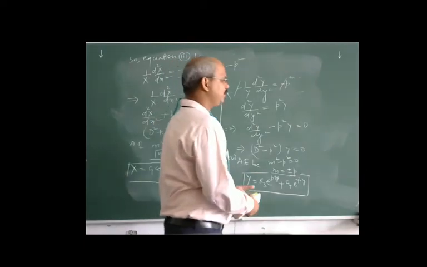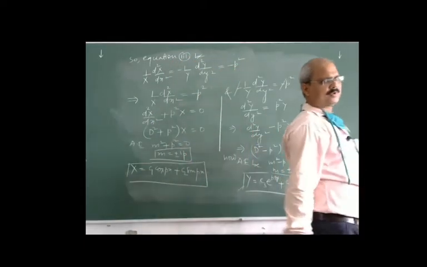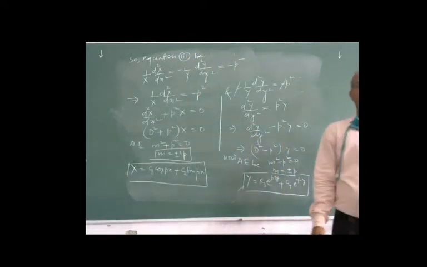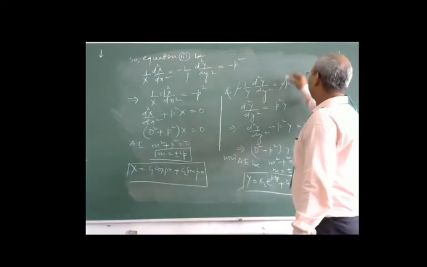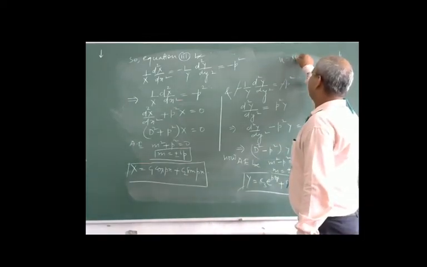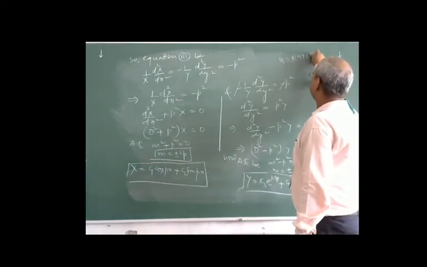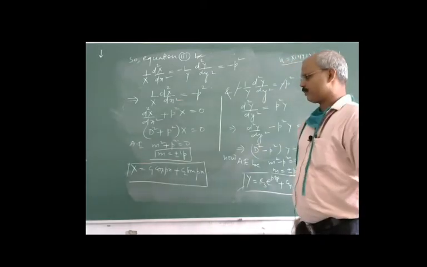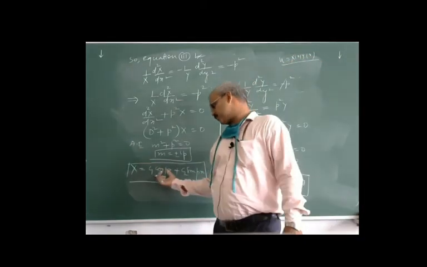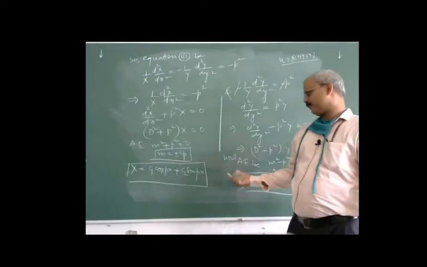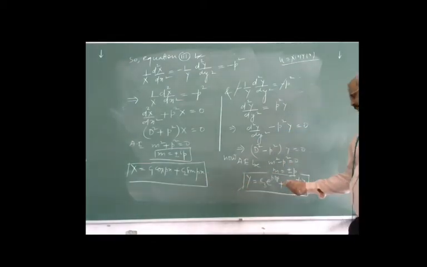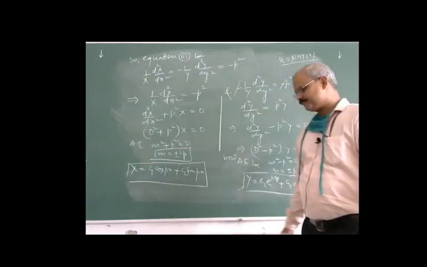As you know, previously we supposed that the solution u is a function of x and y. So from here the value of x is c1 cos px plus c2 sin px. From here y equal to c3 e to the power py plus c4 e to the power minus py.